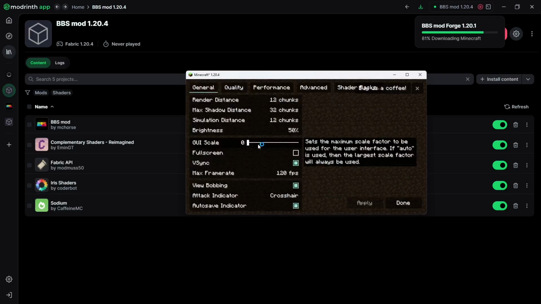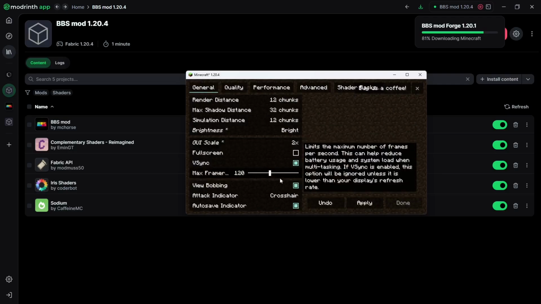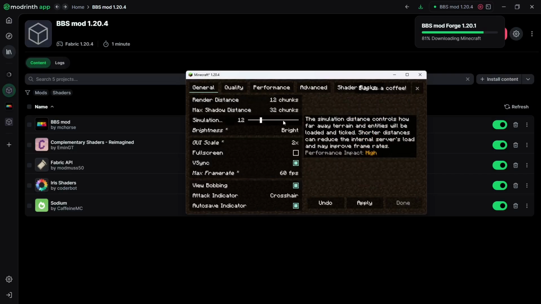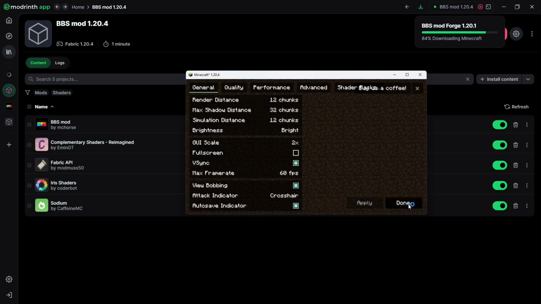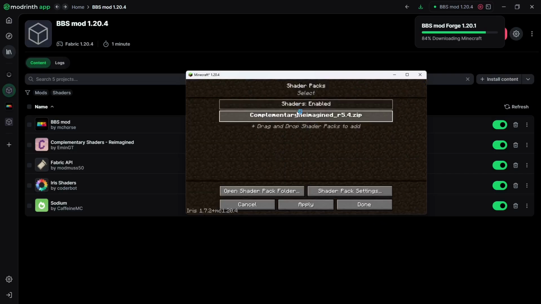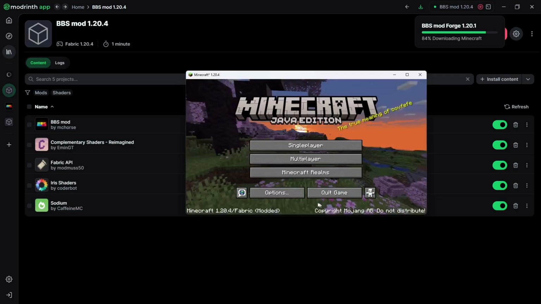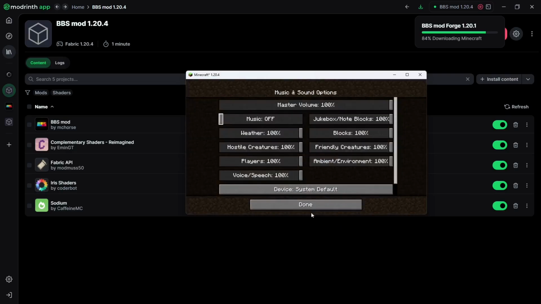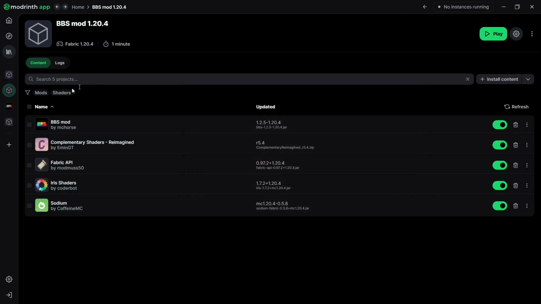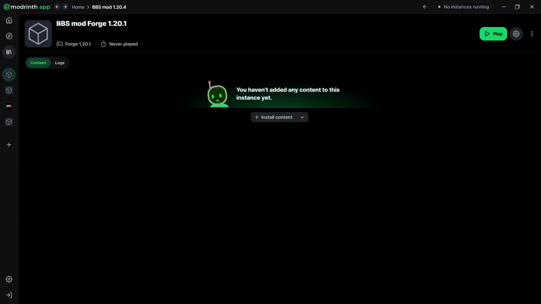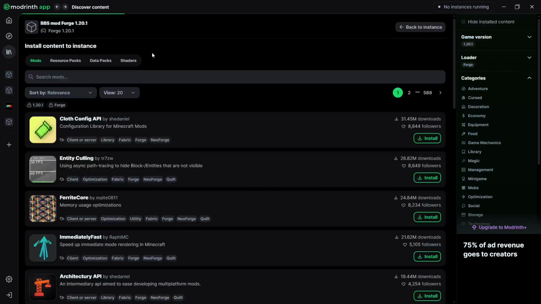Usually, when you set up a new installation, you need to adjust a couple of settings. Frame rate 12, that's fine. And shader packs, here is the shader pack, in video options and music, of course. So yeah, it works on BBS mod, on Fabric 1.20.4. For Forge, you need